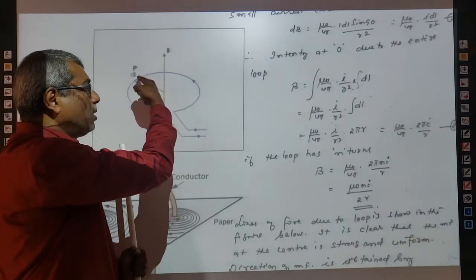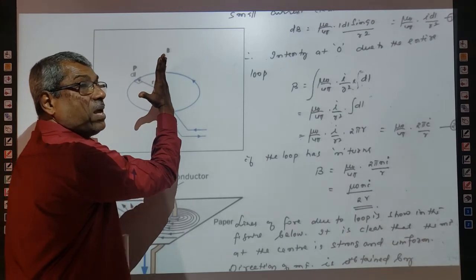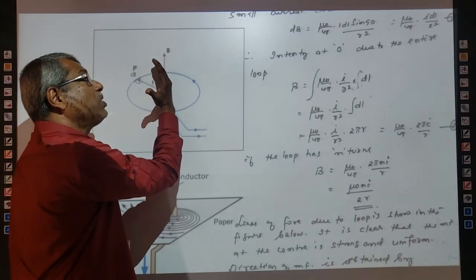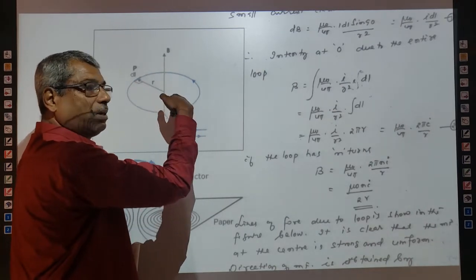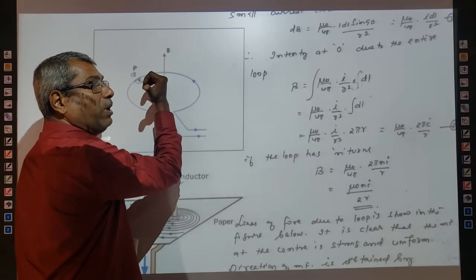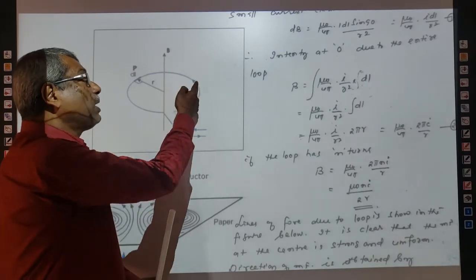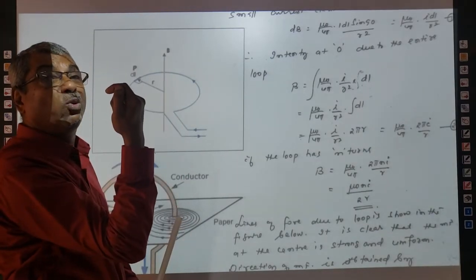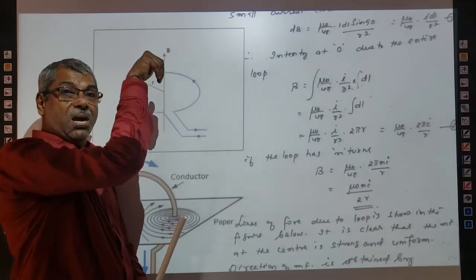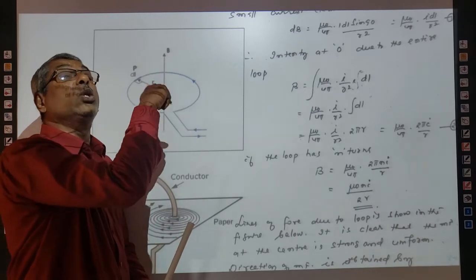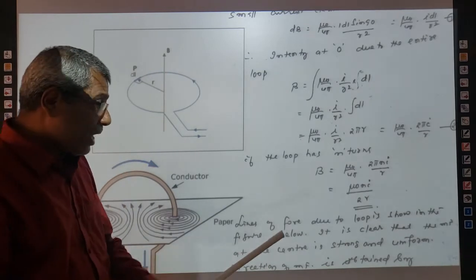Understand? So this is a circular loop carrying current. I will keep my right hand like this. The hand is oriented in such a way that the direction of turning of the fingers is in the direction of the current. Then the outstretched thumb will show you the direction of the magnetic field at that point. If the direction of the current is like this, the field is perpendicular, outwards. If the direction of the current is opposite, the field will be in the opposite direction, that means perpendicular but inwards at the center. So that is also shown here.